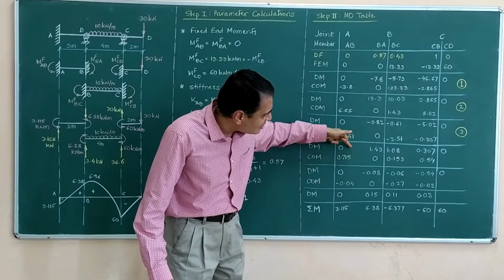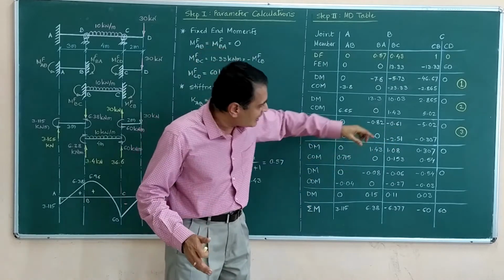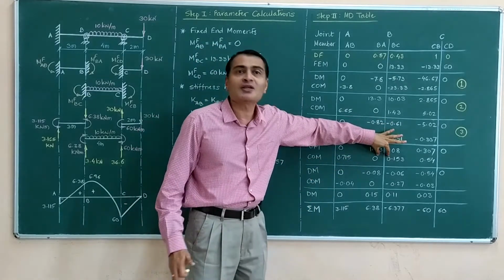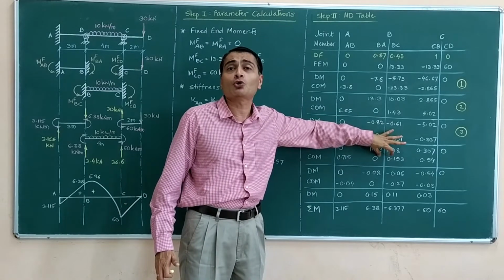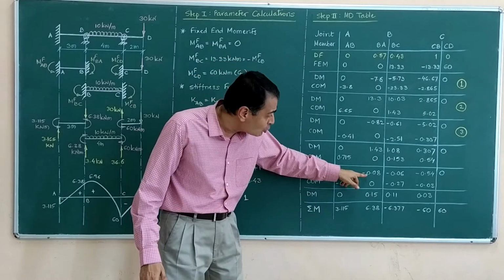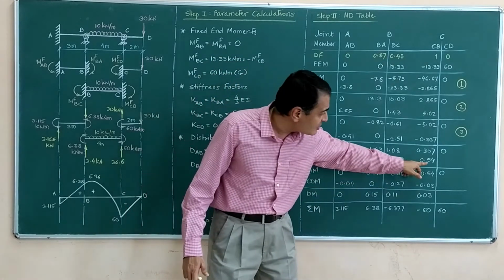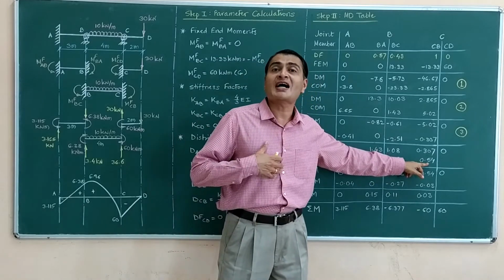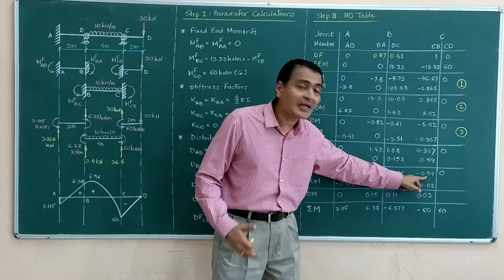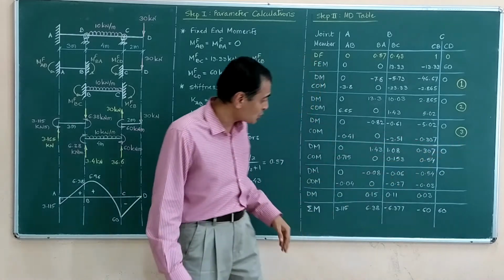I carry over these moments to the other ends as half the moments. Then here again, observing imbalance of positive 0.153, I apply negative 0.153 into 0.57 and into 0.43. Here this is positive 0.54, so I apply negative 0.54, that completely is absorbed in the member, 0 in the overhanging portion.